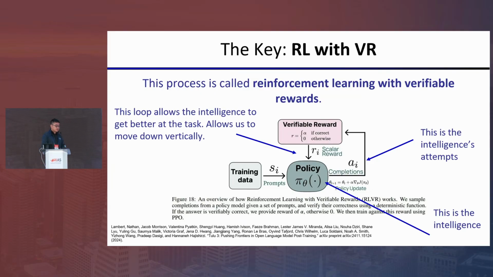Generally, suppose you do have a system that's able to verify the answers proposed by students. Currently, we do have a paradigm called reinforcement learning with verifiable rewards that's able to continuously enhance the intelligence of the system. It works in the following way. First of all, you have the training data. Here I call them S_i. They will be the prompts. You can think of this as the tasks I give to the AI.